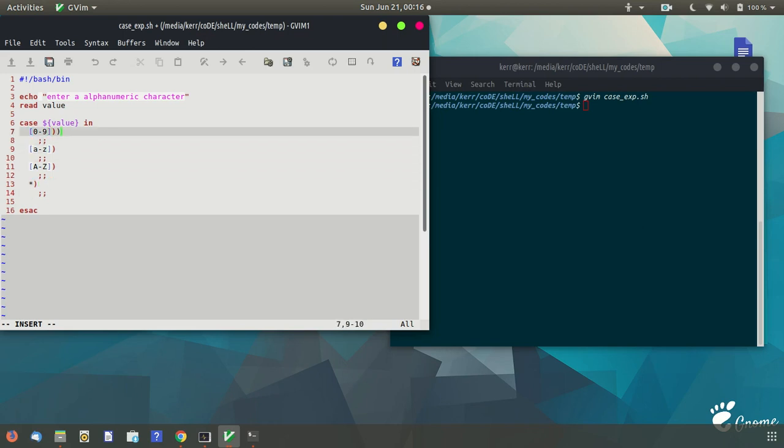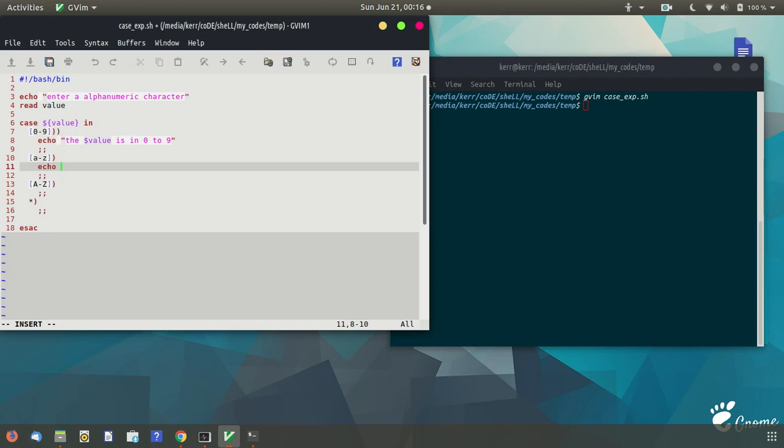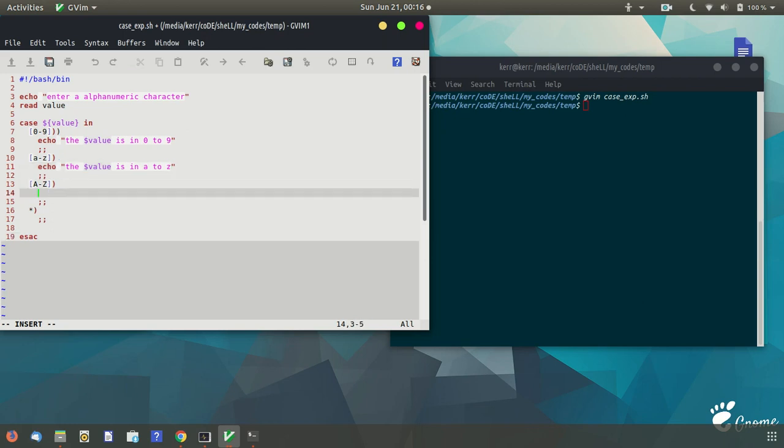So if it is between 0 to 9, we will just echo, the value is in 0 to 9. For this case we will echo, the value is in a to z.